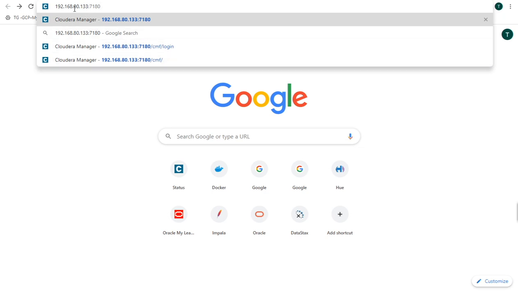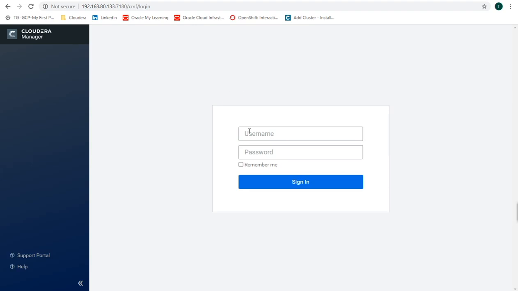So we can open it with this IP address and port. If I press enter, you will see that the Cloudera Manager sign in page will open here. We can use admin as the username and admin as the password. We'll remember it and sign in.